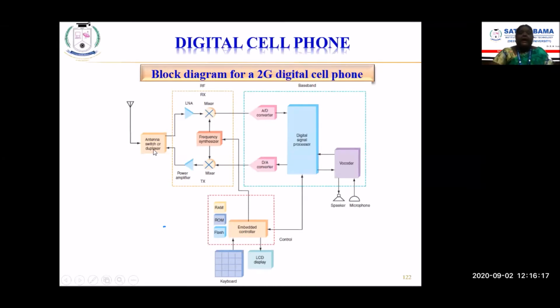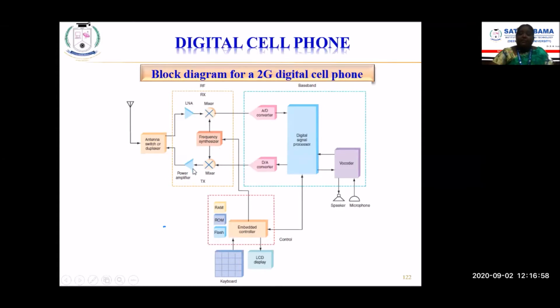So the antenna is here, and that is connected to the RF section via the duplexer or the switch. The receiver will have a low noise amplifier. So whatever signals we have received here have to be amplified, removing the noise. We make use of a low noise amplifier because the signals we are receiving here are in the RF frequency range, that is the radio frequency range, and there will be a mixer here if we want to mix any additional signals. The DSP part comes here also, along with the baseband section. And this frequency synthesizer is again used to extract the signals.